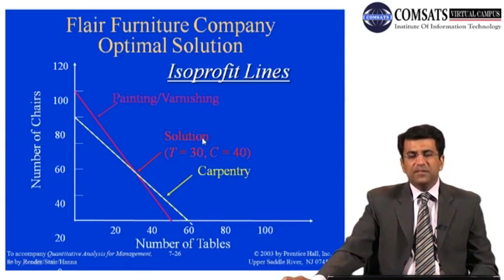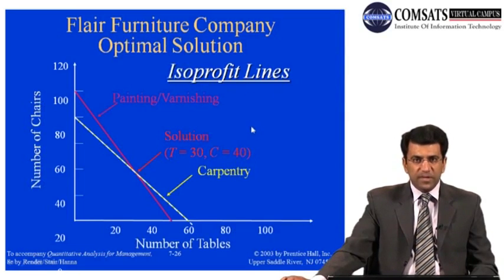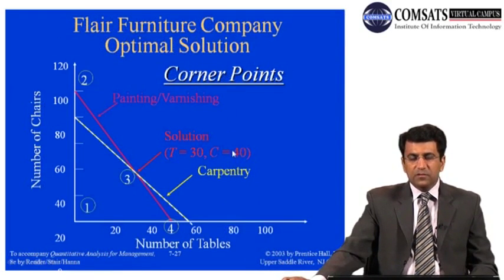So I have just repeated that method here, so you can have in your mind that we have two methods to solve this sort of linear programming problem. One is the iso-profit line method, the other is the corner point method, but mostly we use the corner point method because that serves the purpose. So if we use the corner point method, the optimal point here will remain the same, that is point 3. So our profit will be maximized at this point 3, and the value will again be the same, that is t equal to 30 and c equal to 40.